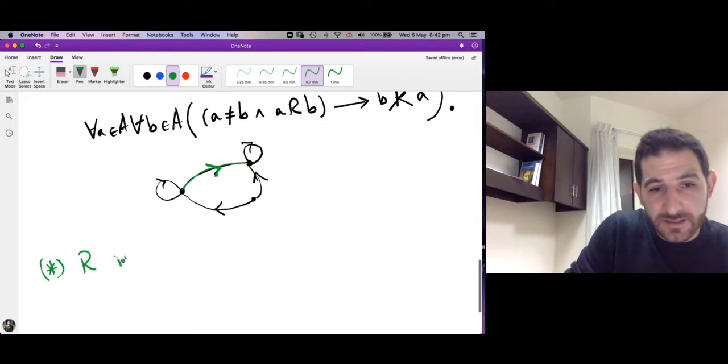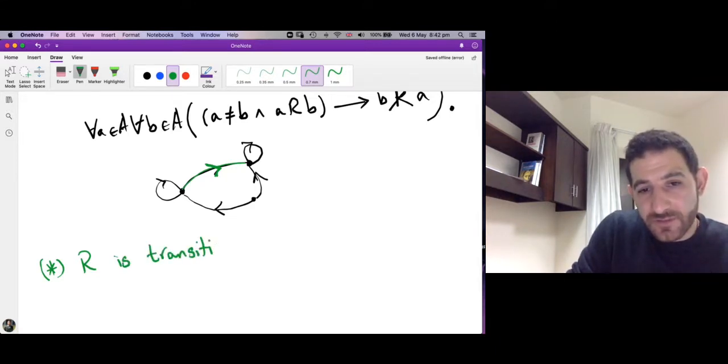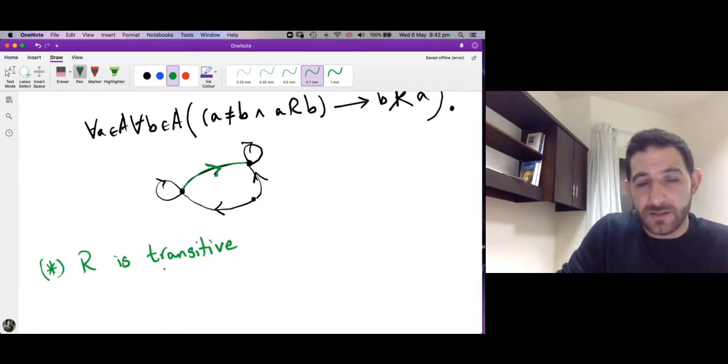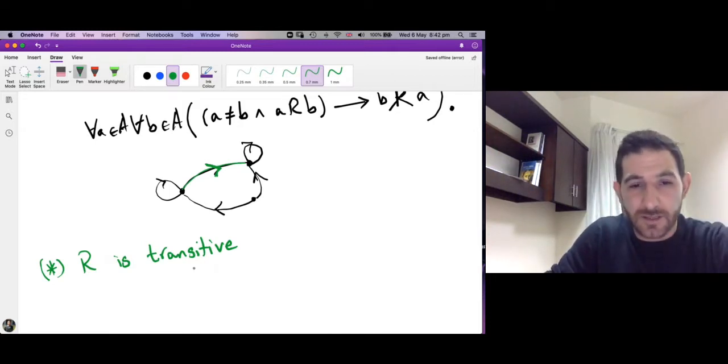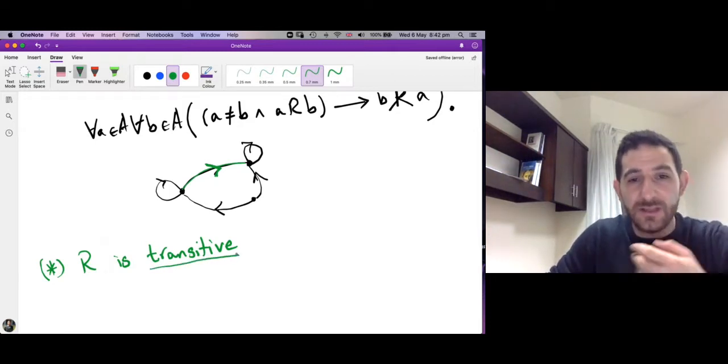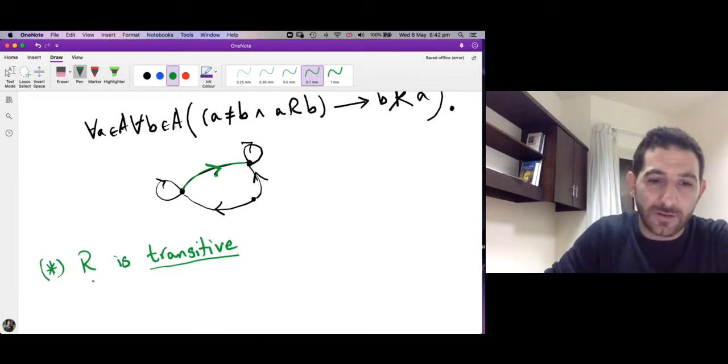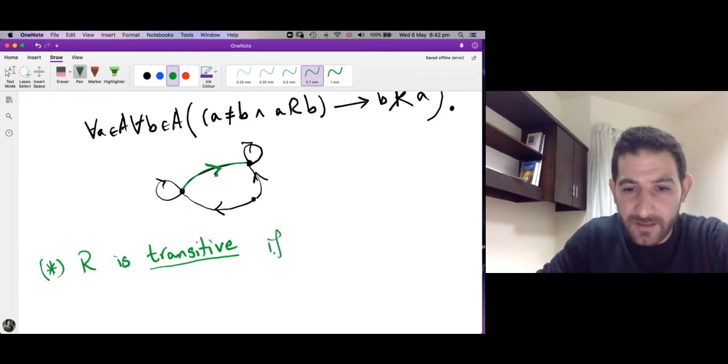Now, finally, we want to define transitive. R is transitive. Okay, we've seen this before in divisibility. Remember, if an integer A divides B and B divides C, then the integer A must divide C. Okay, this divisibility is a transitive relation. So R is transitive if